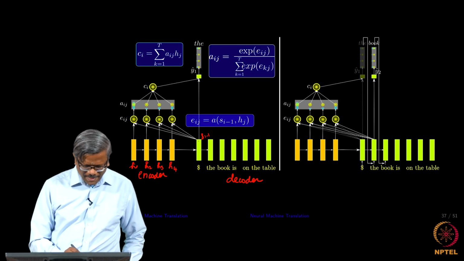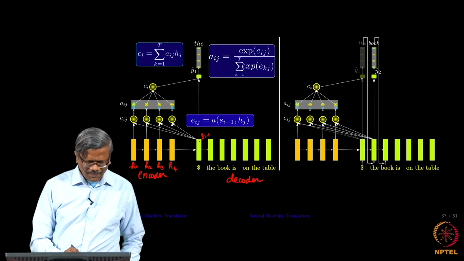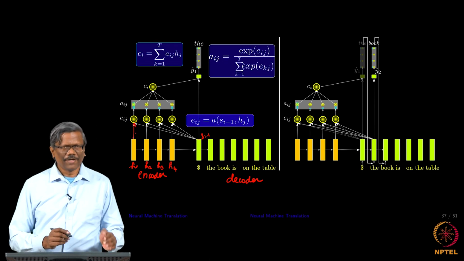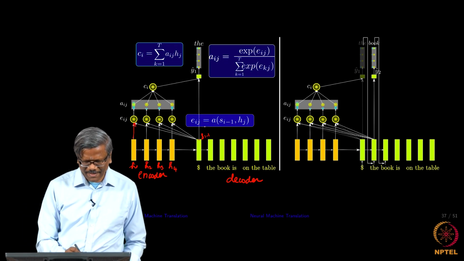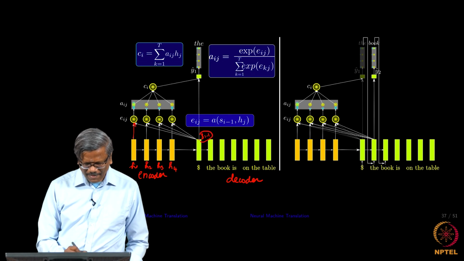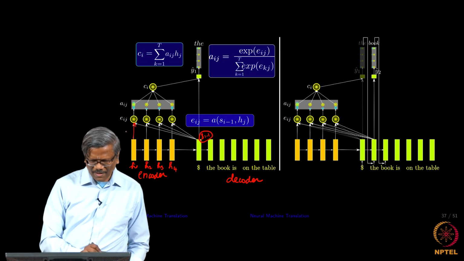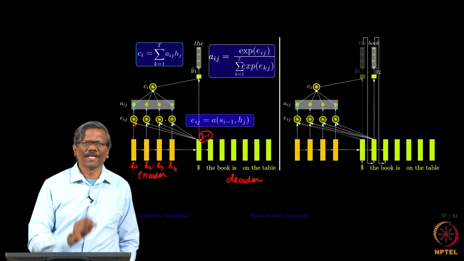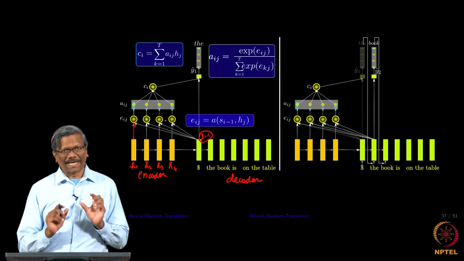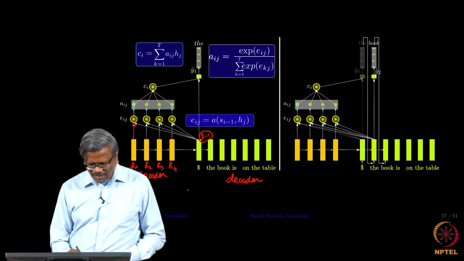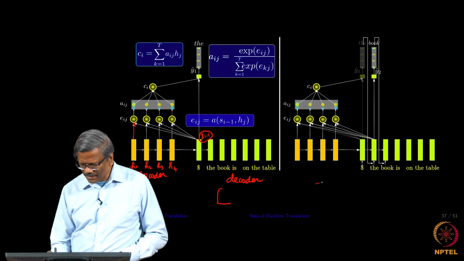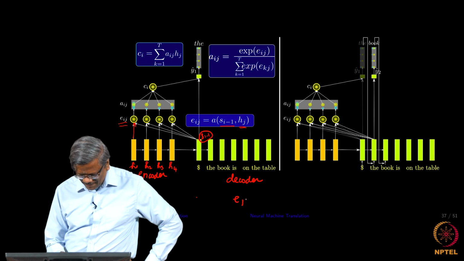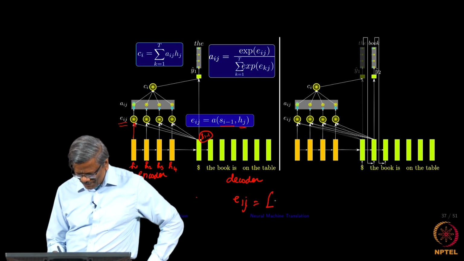Okay. So taking the value from here and the value from here, we do a dot product of this. Eij is nothing but the dot product of Si minus 1 and H1, Si minus 1 and H2, Si minus 1 and H3, Si minus 1 and H4. So we compute a value. Each one will contain some number, let me just write it in terms of some numbers, I am making them up. Okay. So Eij is written as a vector in this form.